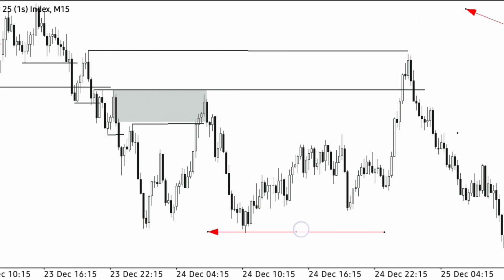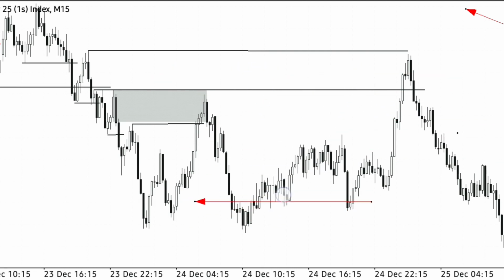This is your external liquidity that you are targeting, and you can see the market picked it out. But basically, I won't be targeting this external liquidity. I'm going to be targeting this particular inducement. The market might come back and use this as an inducement, because this place might become a reaction zone later. So I'm going to be targeting this low as an inducement that the market will use and continue to the upside,